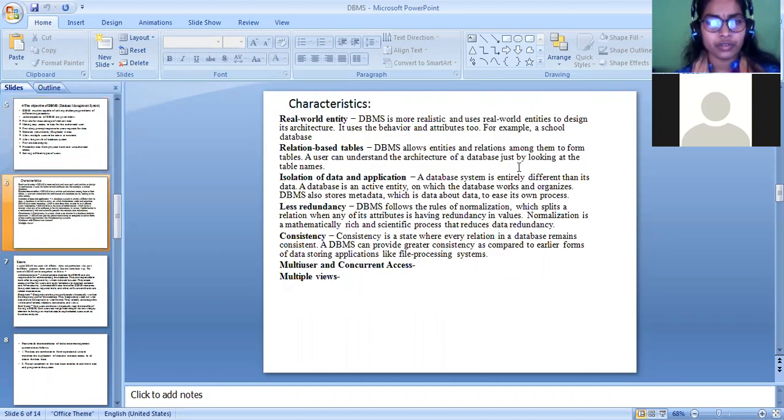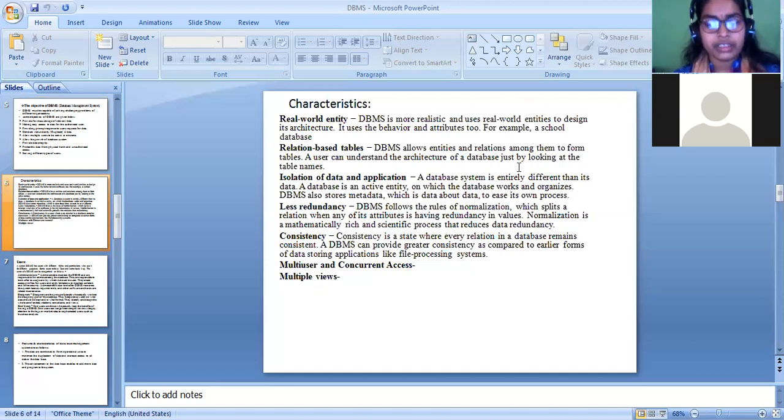Then next is what? The characteristics of DBMS. What are the characteristics? First is what? Real world entity. DBMS is more realistic. It uses real world entities to decide its architecture. It uses behavior and attributes. For example, a school database or a college database or any institute database is